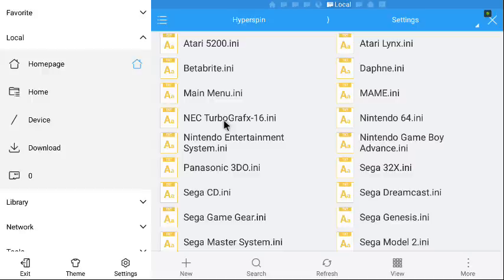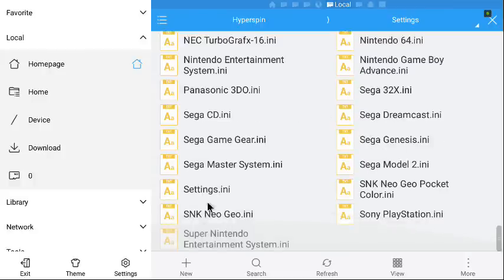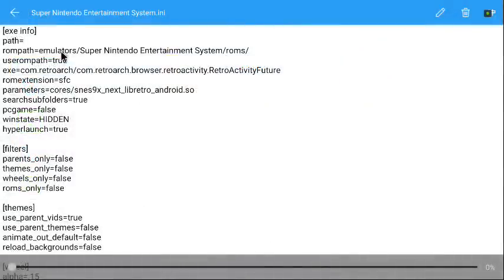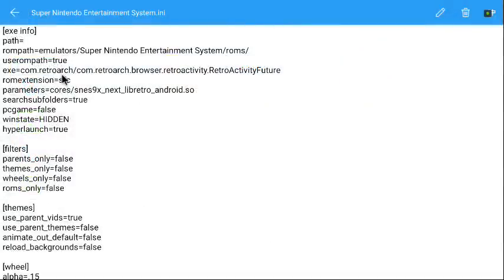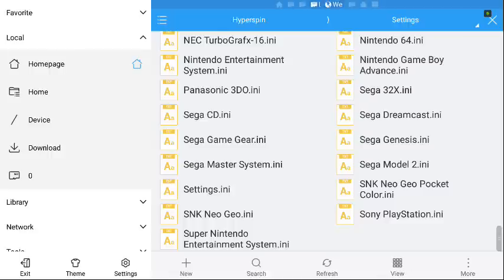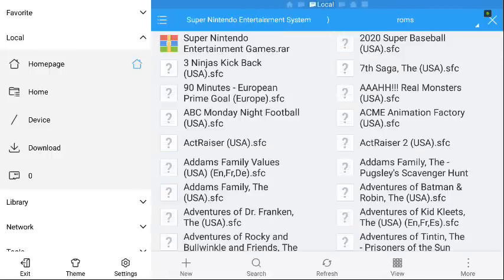Yeah, so once you set up all of your INIs, Sega, Game Boy Advance, Nintendo 64, Super Nintendo, once you've done this, emulators, COM RetroArch, SFC, parameters, core, SNES, once you have done that, then you should be